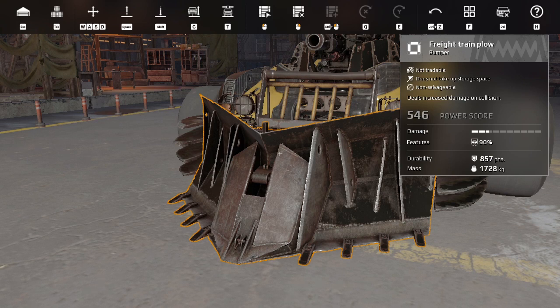But that seems unreasonable because you're paying 546 power score to have this freight train plough, plus the power score for the rifts, to have this thing on your build and you ditch it at the start of the battle on an 8,700 power score build. That's a lot of power score for something you're just going to chuck away at the start of the battle. And it gets worse